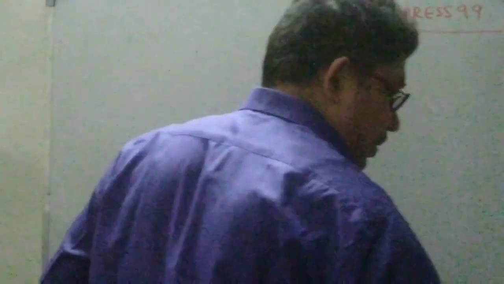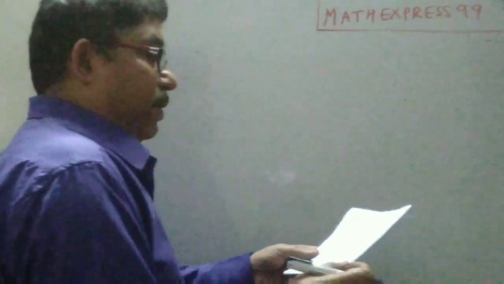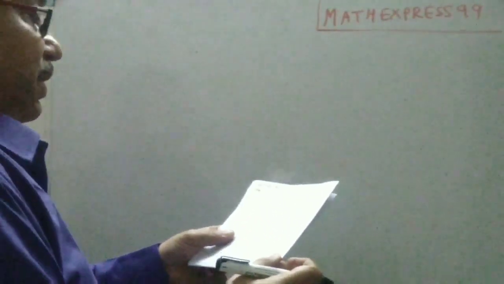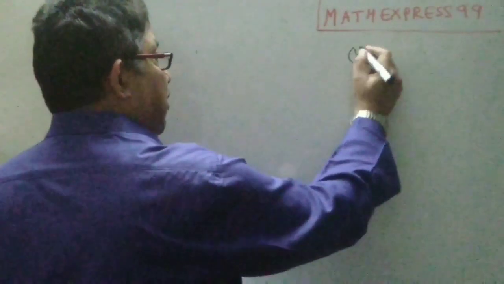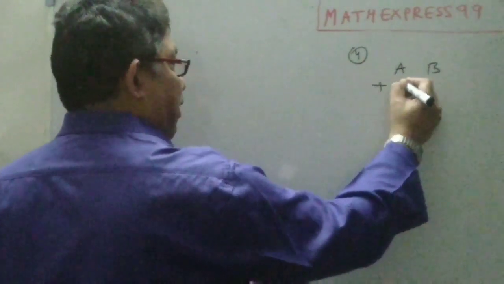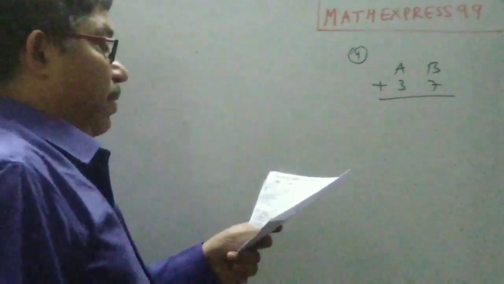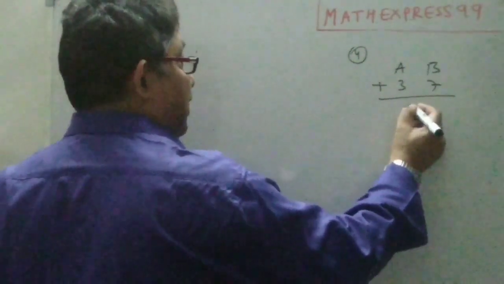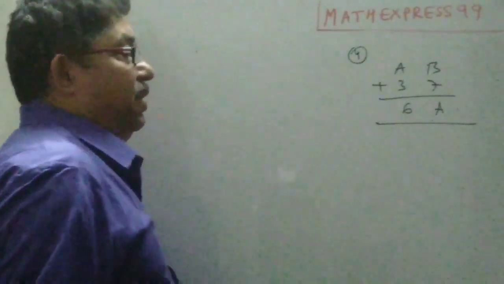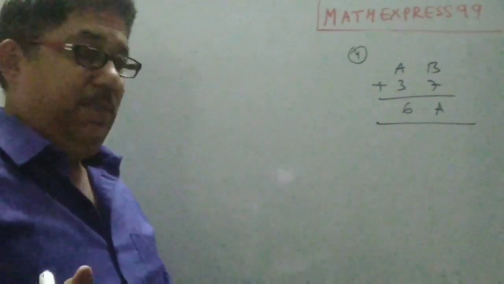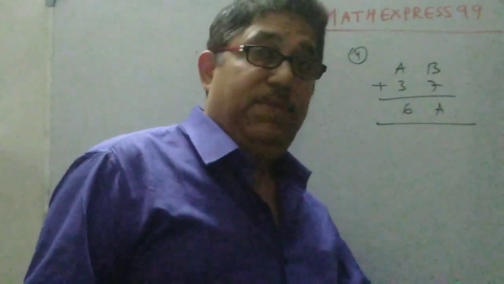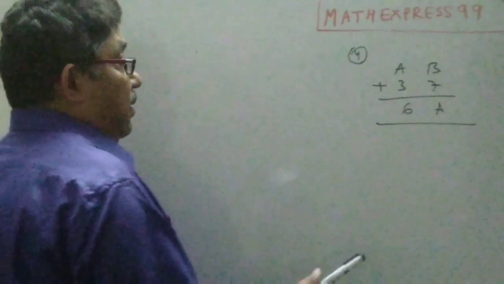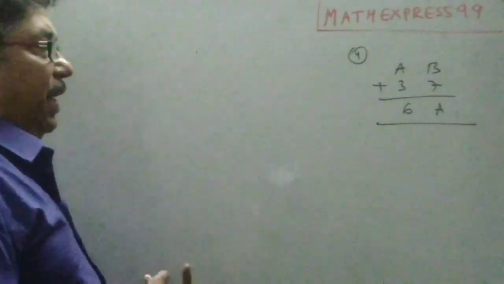Right. We come to question number 4. This is again on addition. AB plus 37 is equal to 6A. This is what is given to us. AB plus 37 is 6A. So we have to find out what are the values of A and B. Now B plus 7 is A. So this is the first thing which comes out to us, that B plus 7